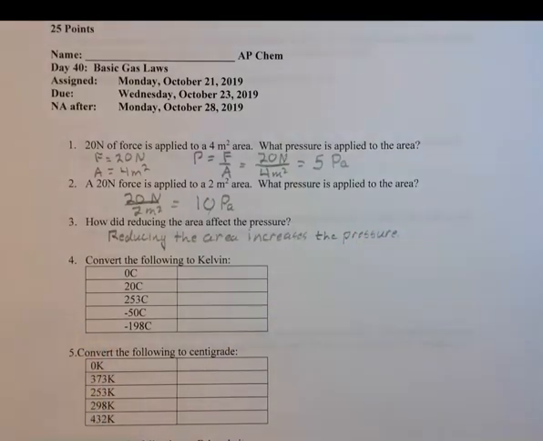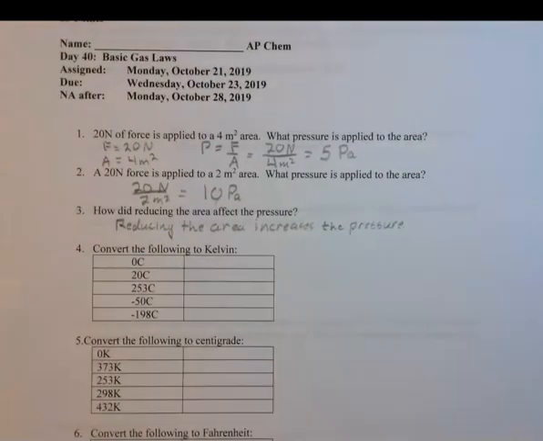Okay, and that's the simple point of that exercise. Okay, now we're going to do some real simple conversions. You may have done some of these in 8th grade science. We're going to convert centigrade to Kelvin. The centigrade scale is one that is based around the properties of water. So 0 degrees centigrade is the freezing point of water, and 100 degrees centigrade is defined as the boiling point